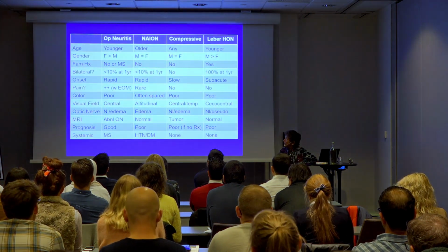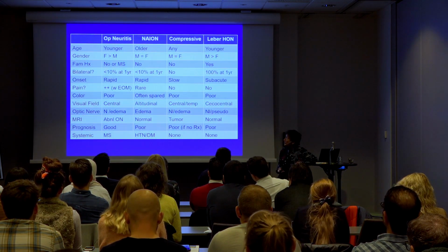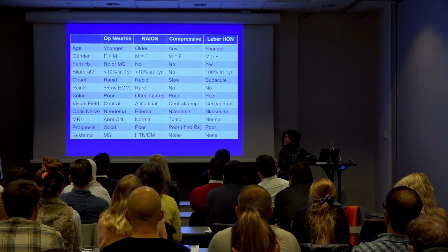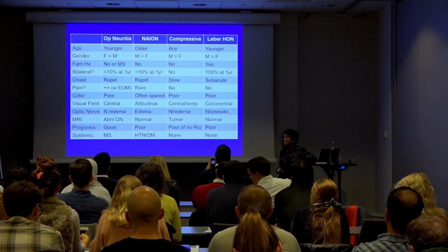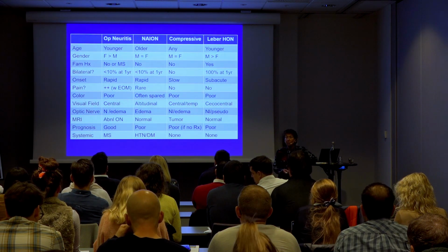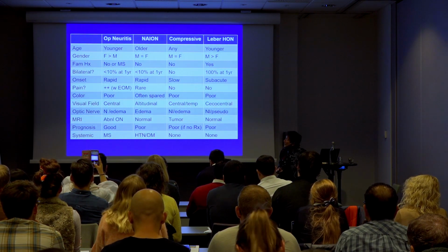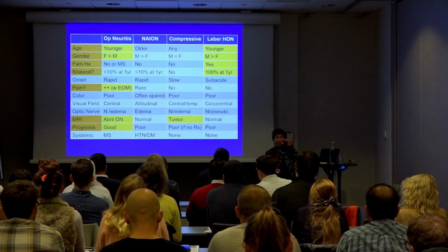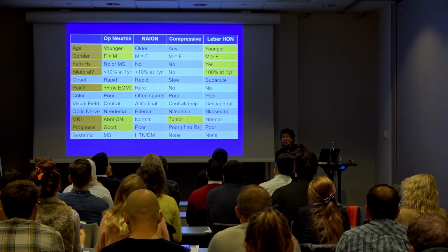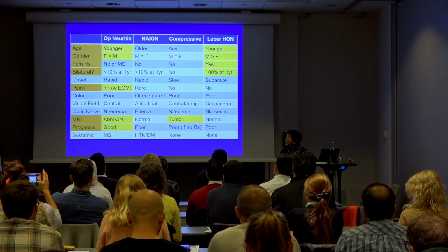And there they are. You know, he's fairly young. Could this be optic neuritis? Could this be non-arteritic AION? Could it be a compressive lesion? Or could it be Leber's hereditary optic neuropathy? Okay? And just to remind you what things are particularly helpful in that diagnosis is, you know, in general, optic